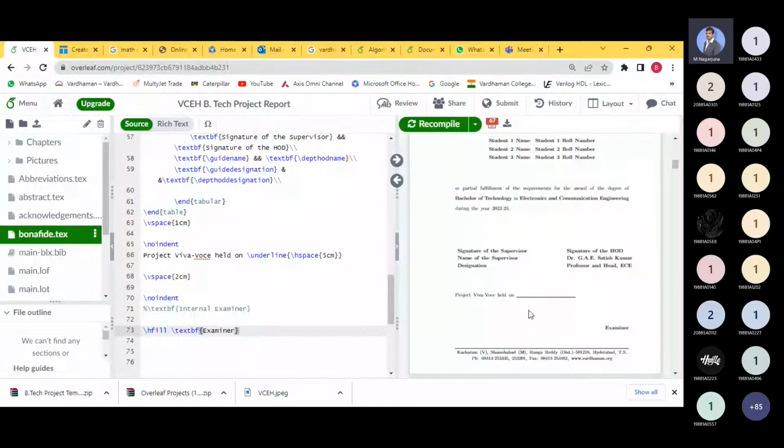Whenever you remove these, you will get the certificate like this. At the end, the Viva will be conducted for your major project and an examiner will come from outside. He has to sign and you have to write the date here. So these two should be printed on the certificate. If you forget to remove the percentage symbols and run it,